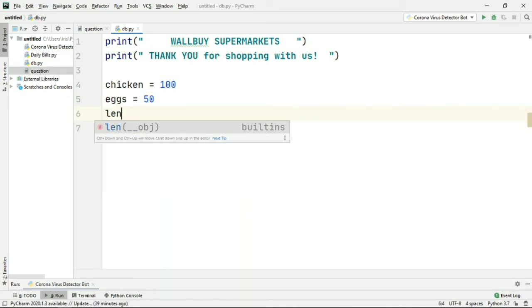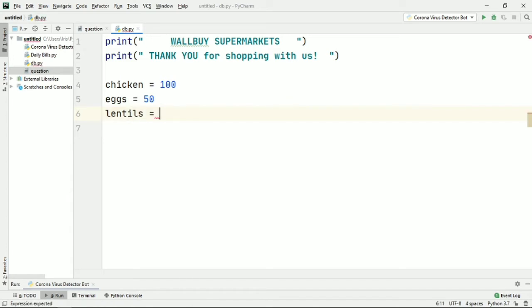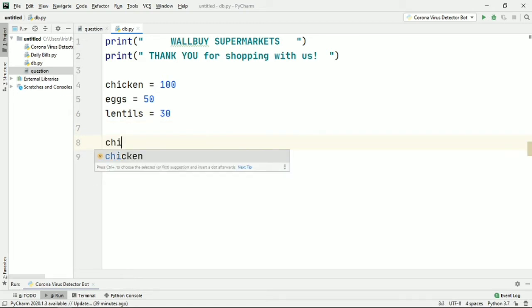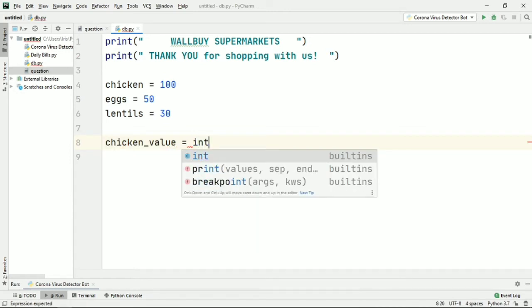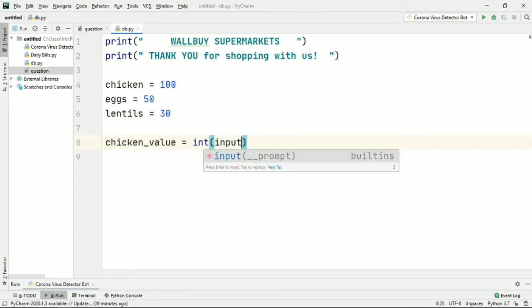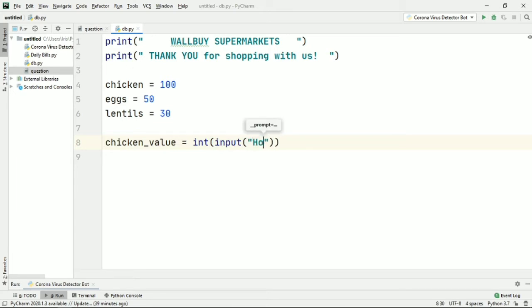Okay, so now let's give our input variables. Chicken, let me just name it chicken underscore value, is equal to int. I'm basically making an input function. Okay, how much chicken did you purchase?